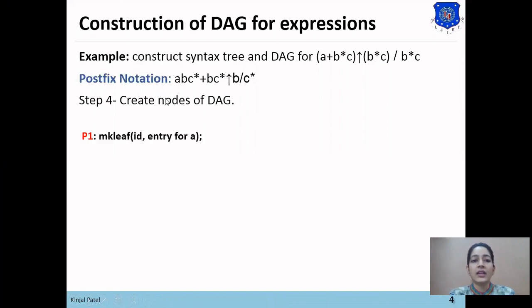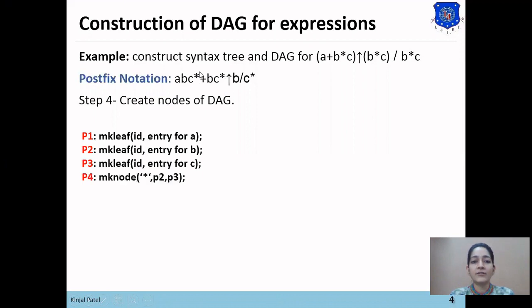First, A is the operand, so for operand A there will be the P1 node. In the P1 node, the makeLeaf function is used to make the entry of A. Now the next operand is B. To create the P2 node, the makeLeaf function is used to make the entry of B. The third function is for the entry for C, used to make the entry for C. Now the fourth function is for star.